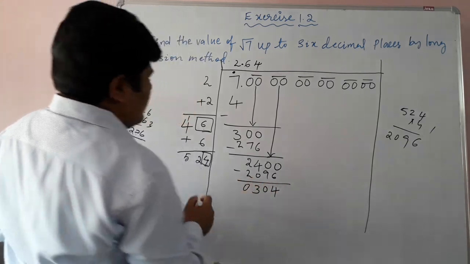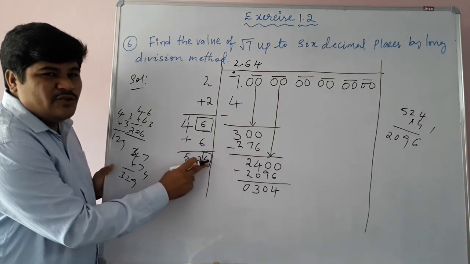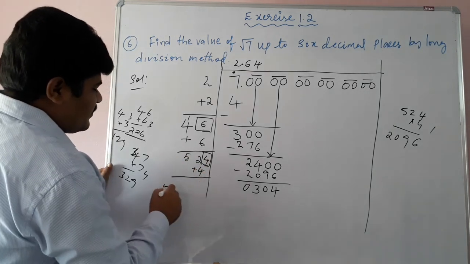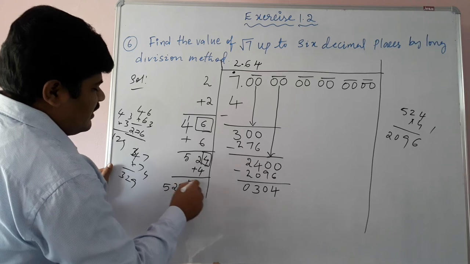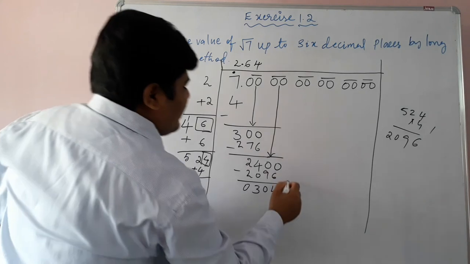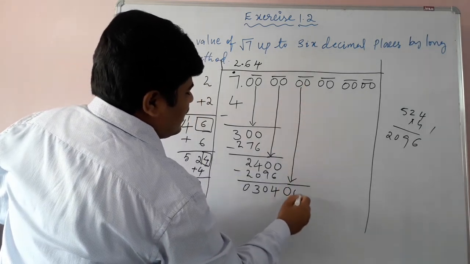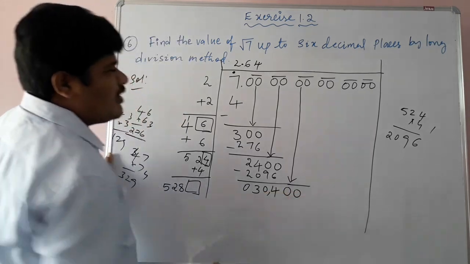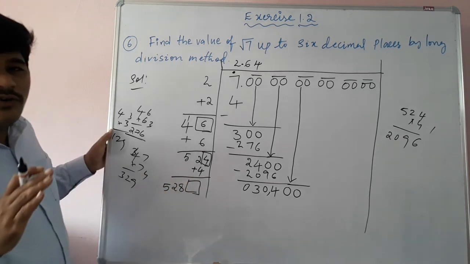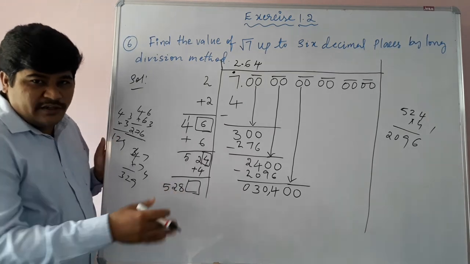Okay, 0. Now we are going to the next step. So here this units digit should be added to this divisor, that is 524 plus 4, 528, and here we need to find this units digit. And here one more pair of zeros we have to take down, 0 0. Okay, so what will this be? 30,400. Okay, and students, here 5 to 8 means 5,281 ones are, or 5,282 twos are. In that way we have to check.